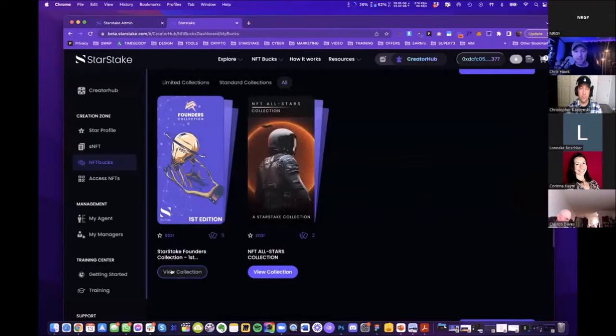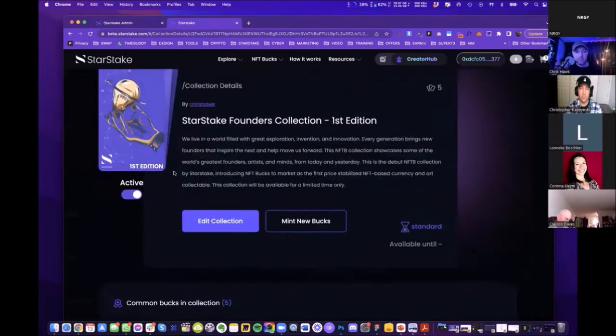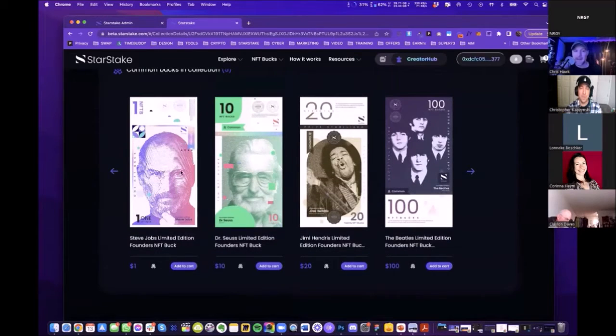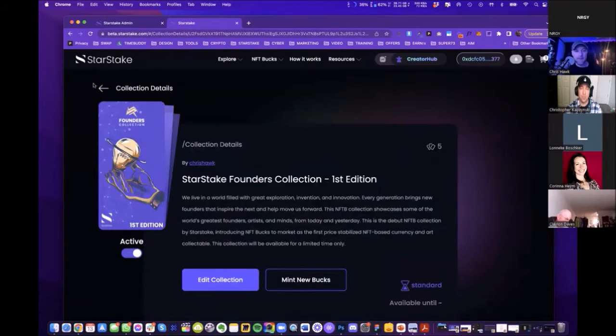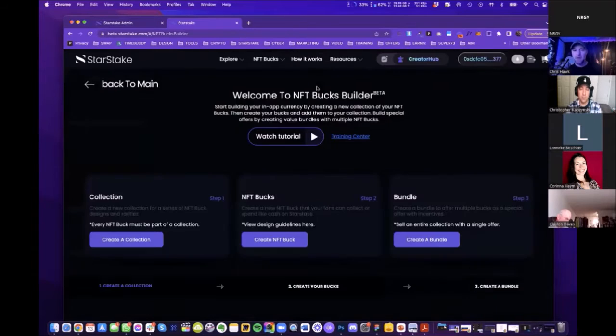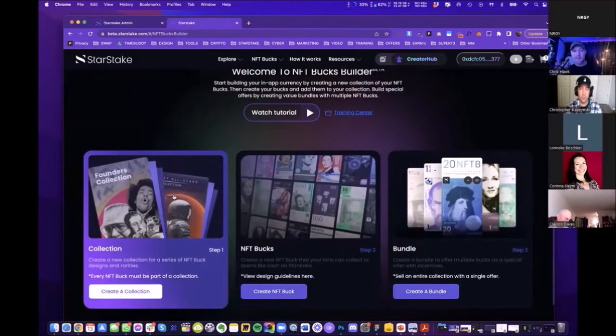I can edit them. I created a couple collections. So for example, if I go to view founders collection, I can actually see the common bucks that are in here. I could edit them. I could even buy them now that they're alive. But we're going to go ahead and make a mutant ape buck just for something kind of fun today. All right, so all we would do is go to create bucks. There's 3 steps. You have to have a collection to put it in, which is like a folder. And then once you have the folder, you can put any kind of bucks, designs, whatever you want in there, okay? So let's just create a new collection